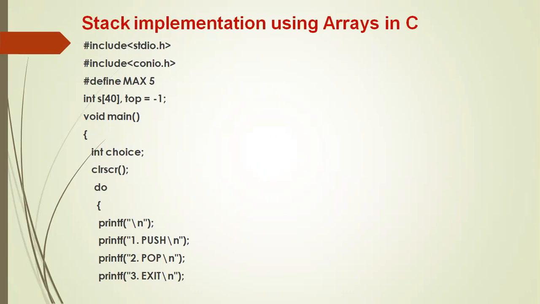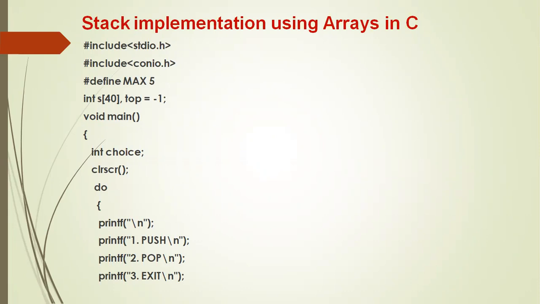So while converting these two algorithms, that is push operation and pop algorithm, into C program, you have to make slight changes. In the algorithm, the index and the top value start from 1 and go up to max. While implementing the same thing in C program, because the index starts from 0, top value will be 0. Wherever max is there, you replace it with max minus 1. Wherever 0 is there, you replace it with minus 1.